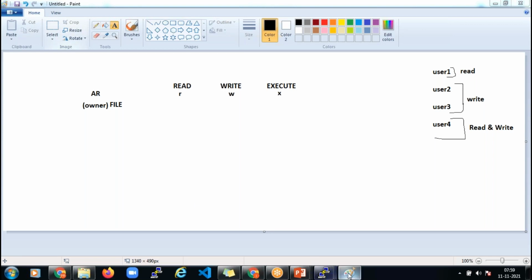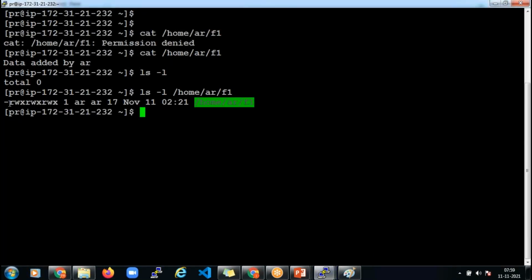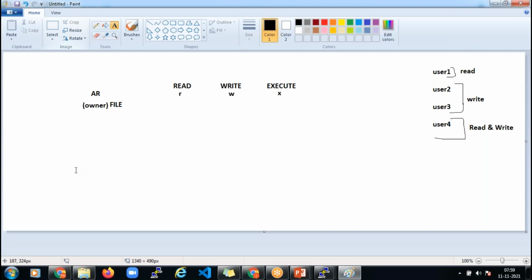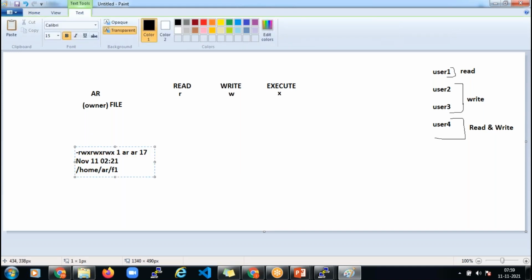Well, now let me go back to the system, guys. Let me copy this line. So this is the output of ls -l, right? This is what is called the owner name. This is just telling you who is the owner of the file. And I'm interested in this permission section now, guys. You see there are a lot of characters here. The first character we are already familiar with, that is just a representation of whether the given entry is a file or directory. After that we can see the permissions here. I just want to divide these permissions accordingly,